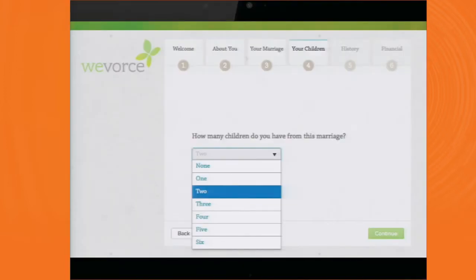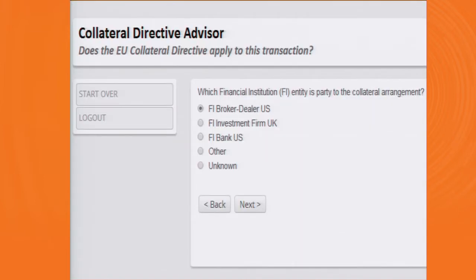Divorce software called WeVorce. Again, I'm not sure how much family law is in this, but you can imagine that in the future, someday, state laws pertaining to divorces and family situations could be embedded in here. You can think of like the workflow of divorce. Here's an app I found online. Someone modeled the European Union Collateral Directive. I don't know what that is, but I'd rather use this than read the regulations to figure it out.